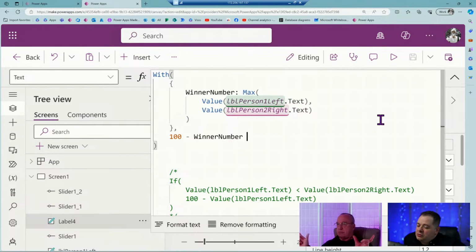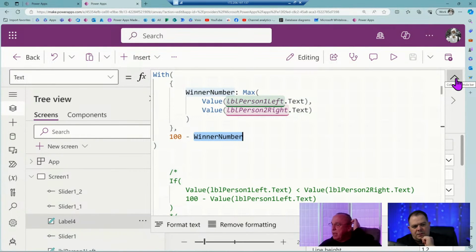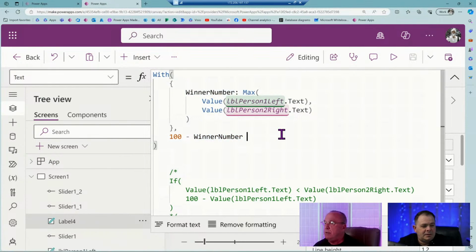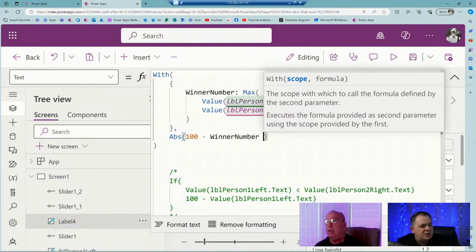Okay. So should we do an absolute function here? The winning number should be absolute. It's the offset that we got to determine. The x-axis, it's either going to be plus or minus. If it's the left side, it's going to be a plus. You're going to add from 0. If it's the right side, you're going to subtract from 100. Okay. So just based on what you're saying, I'm gonna put an absolute function around here.